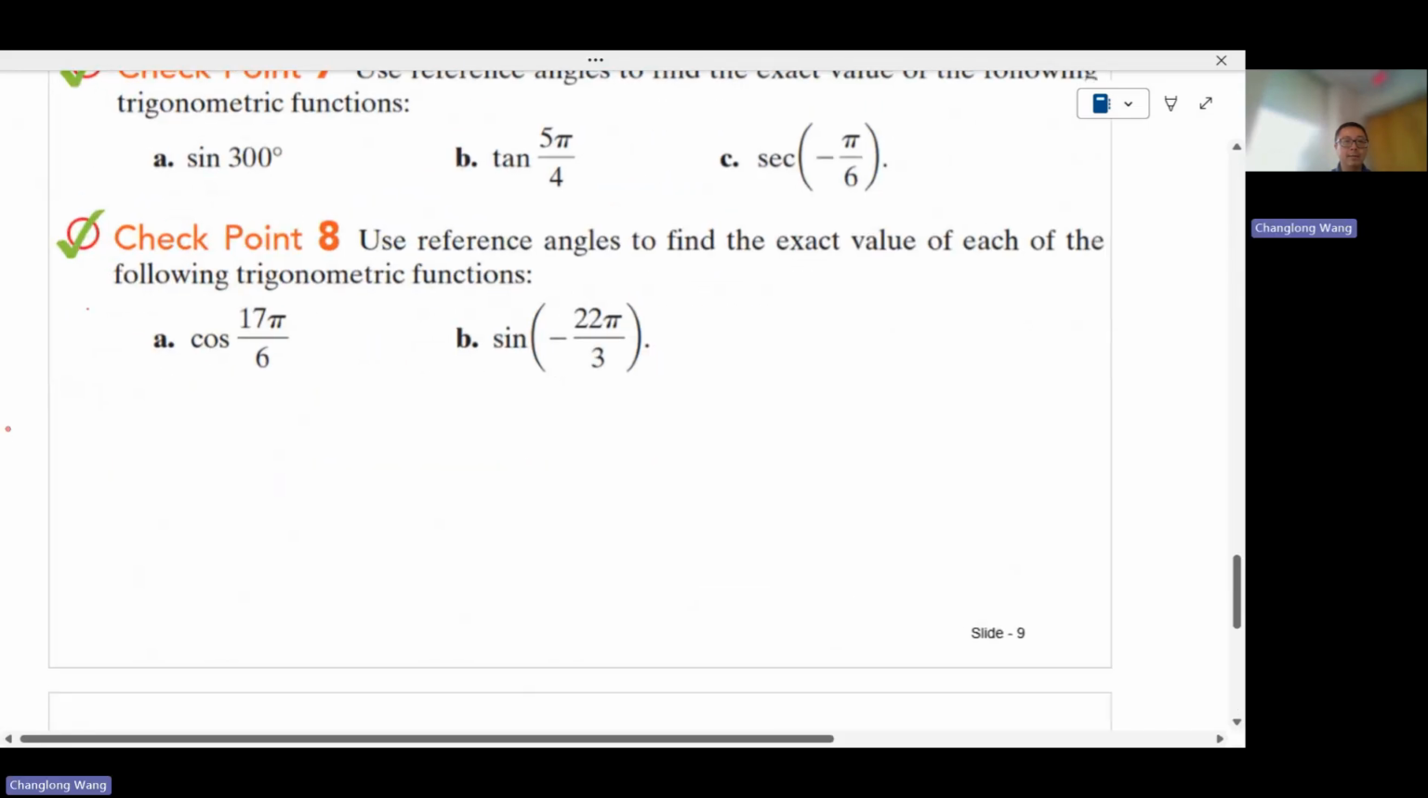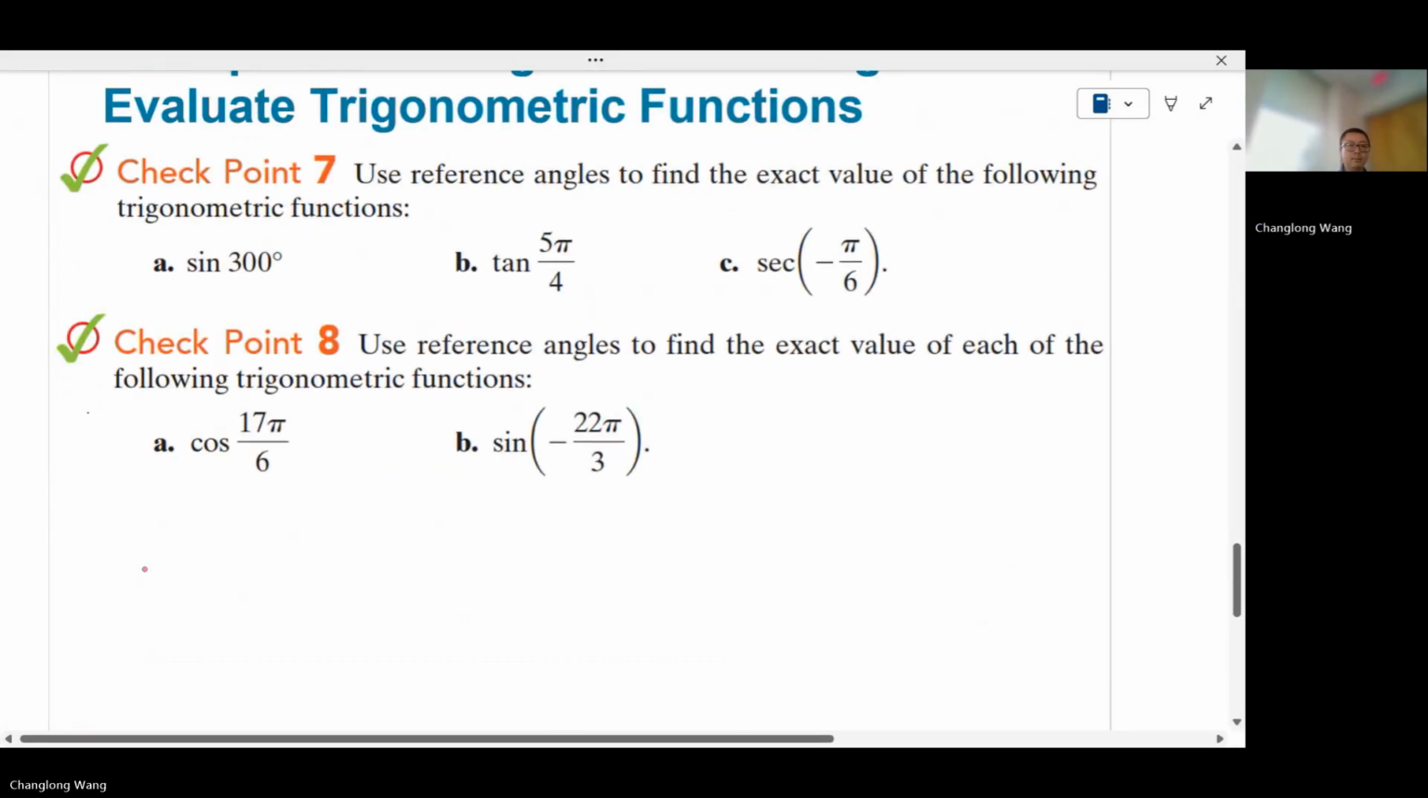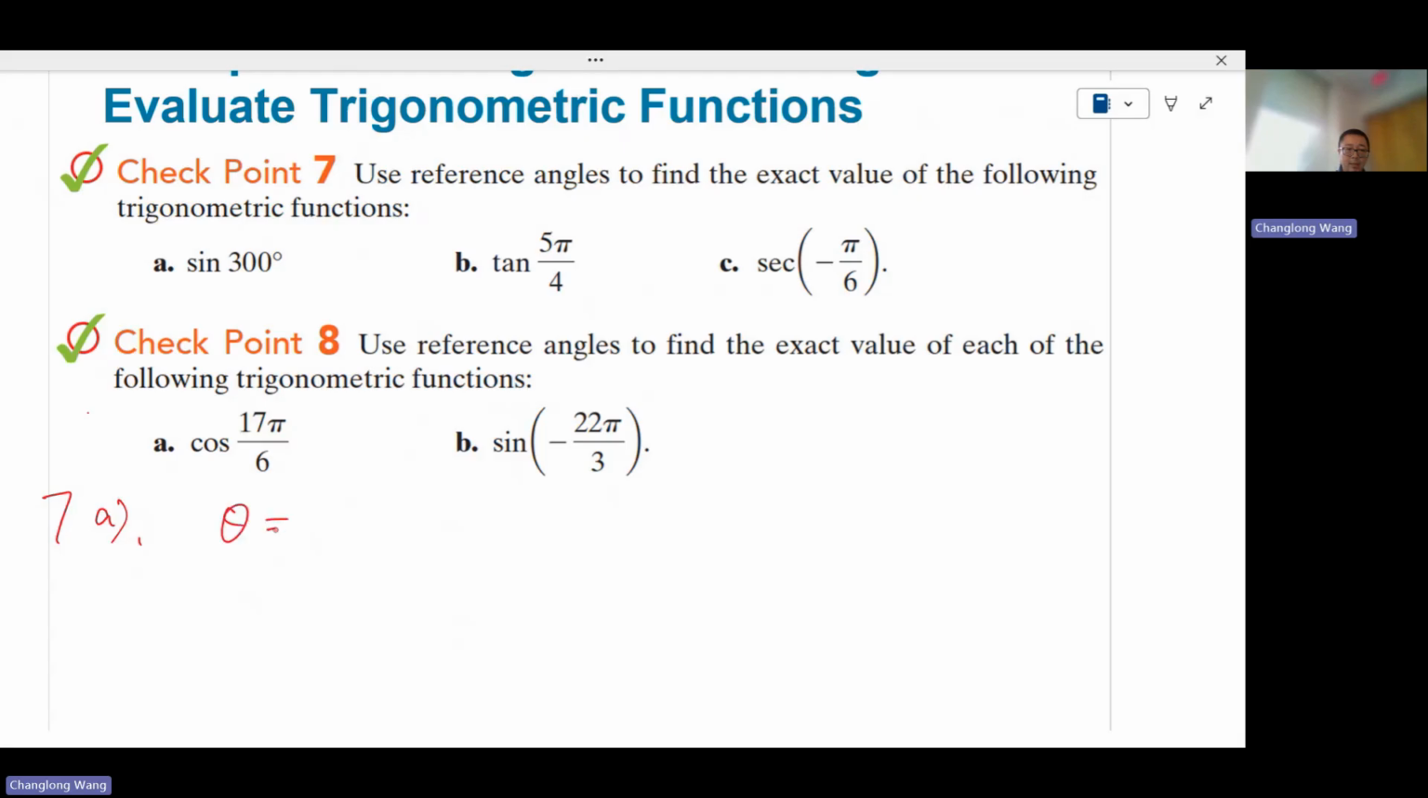All right, so now let's take a look at 7a. I want to figure out what sine 300 is. But the theta is too big, right? So let's go ahead and find out what the reference angle is. But that's not too hard, right? So what should be the reference angle for 300? 60. Okay, so now we claim